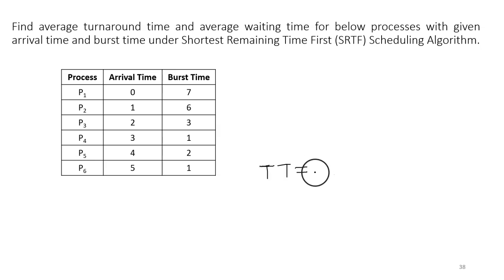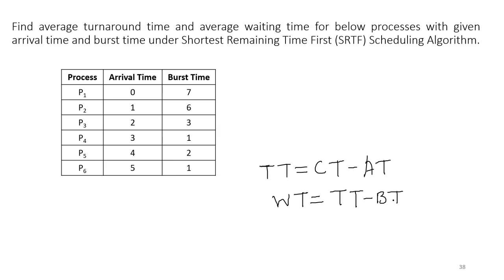To compute turnaround time, we have to compute completion time, means turnaround time equals completion time minus arrival time. And to compute waiting time, we need turnaround time, that is waiting time equals turnaround time minus CPU burst time or